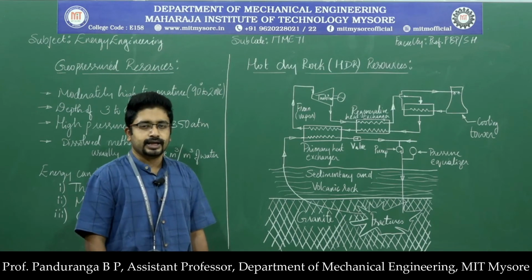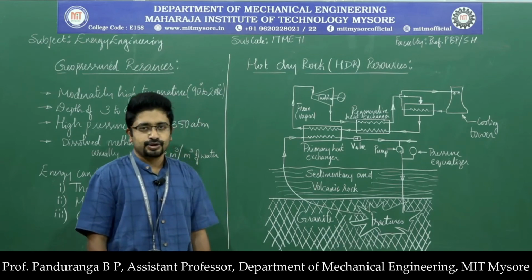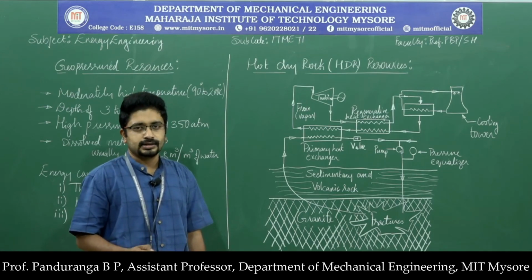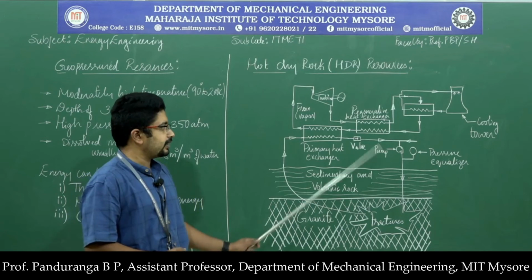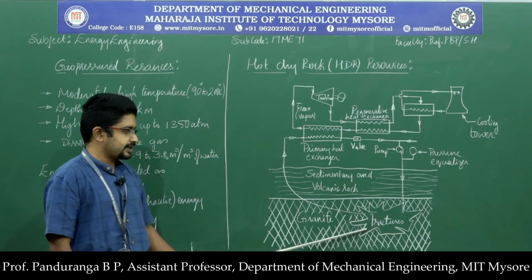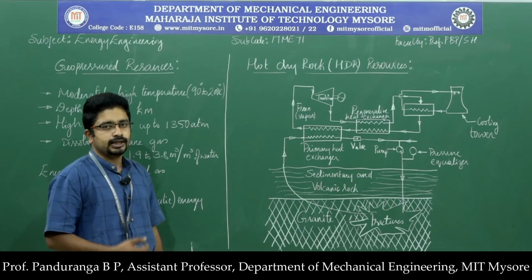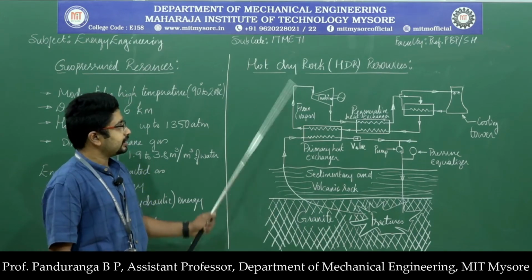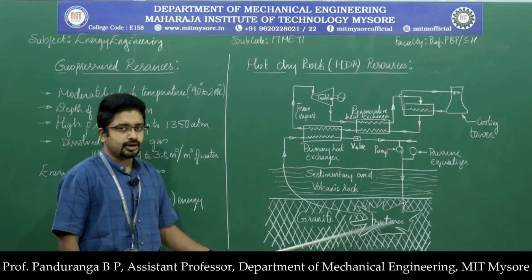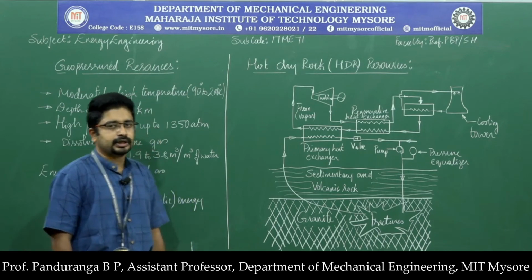If the site is very large, or if you want to create a very large fracture, then we can use nuclear explosion, but that comes with added operational cost and hazard for the people working in the power plant. So those are the three methods by which we can create fracture. Once we create fracture, we will create a production well through which we will take out the water. And in a hot dry rock system, we don't want the water which comes in contact with the hot dry rock to get vaporized. So we need to maintain water in liquid state.